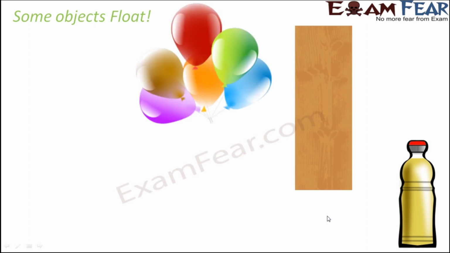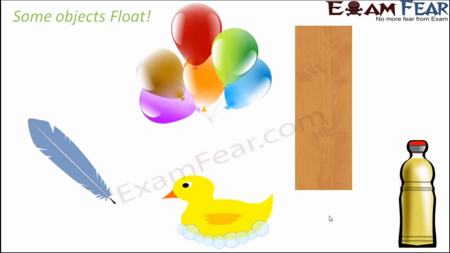You think of balloons. If you put balloons, and in fact the balls also, which you generally find near the sea beach areas, these kinds of balloons also float on the surface of water. A lot of plastic toys are also made up of rubber, so the rubber toys also tend to float on water. The feather, being very light, also floats on water. So these are some examples of objects which float on water.